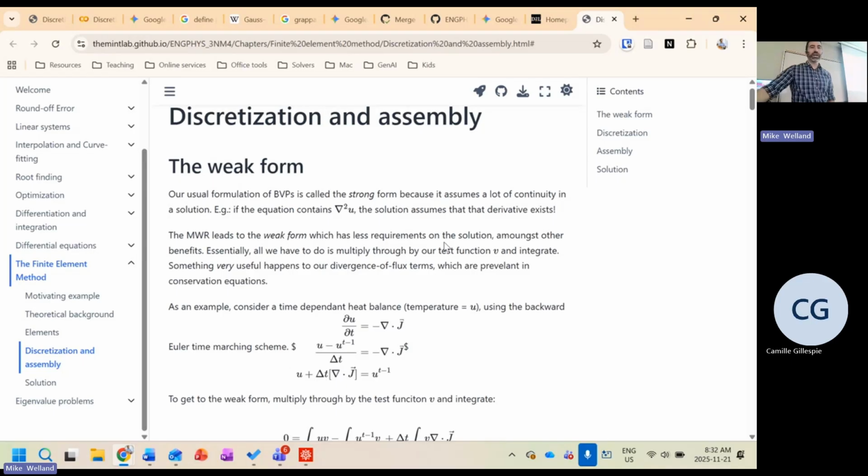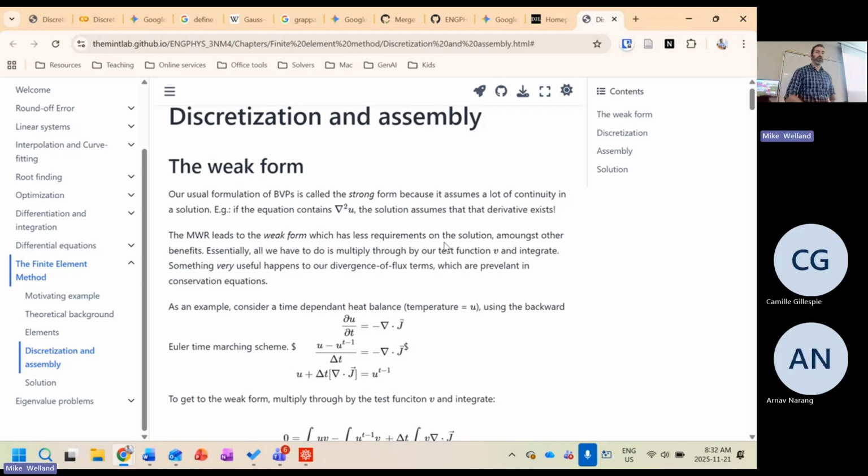Okay. Last time we talked about boundary value problems being called the strong form versus the weak form. And this all had to do with whether or not we were including the, well, no, it amounts to whether or not we're including the second derivative of our function. MWR kind of leads to this weaker form, which has weaker requirements. We can mathematically, robustly say that we found a solution to the MWR when we can't do it with the